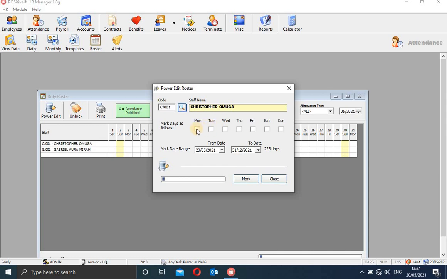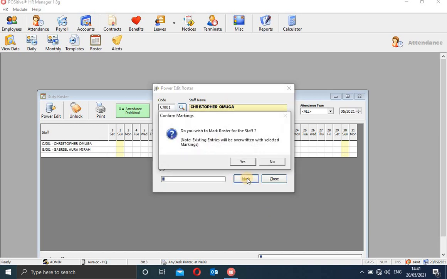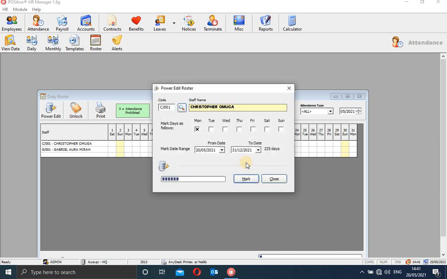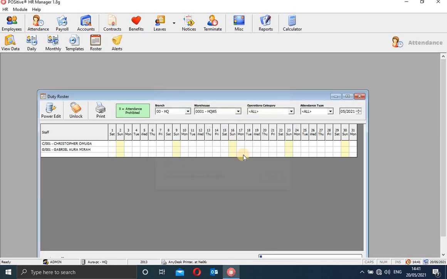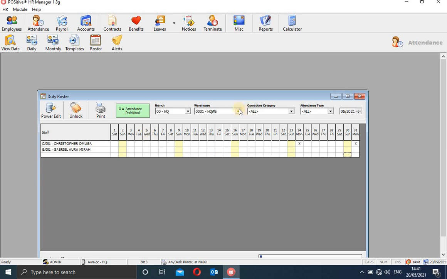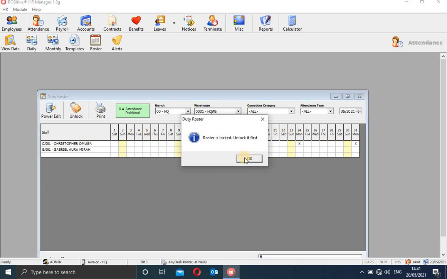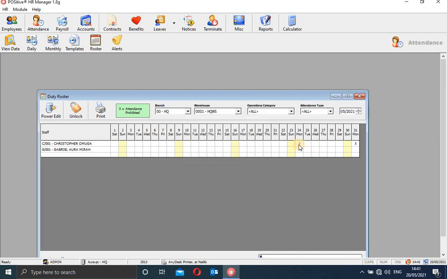You can say every week on Mondays he's not supposed to come to work. So once I put an X there and mark it, you can see the system is marking. Omuga will be assigned every Monday as an off day. Are you seeing now? There is an X every Monday.